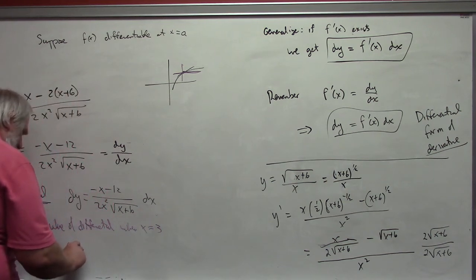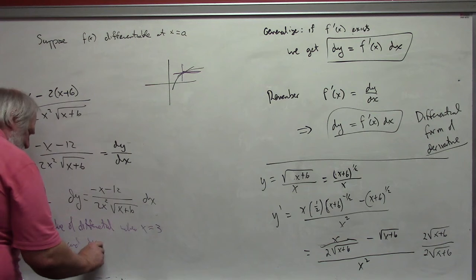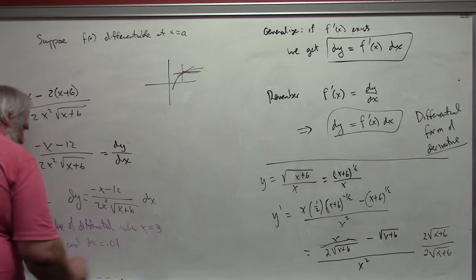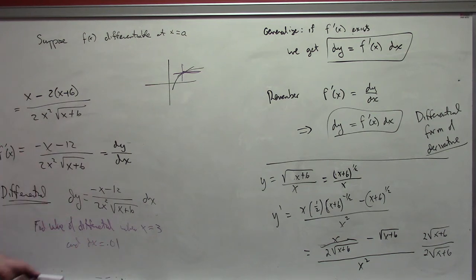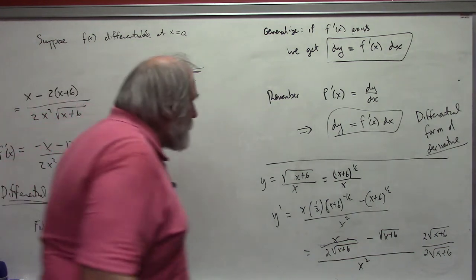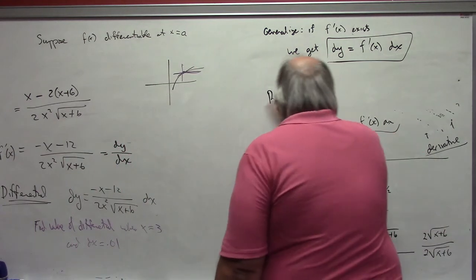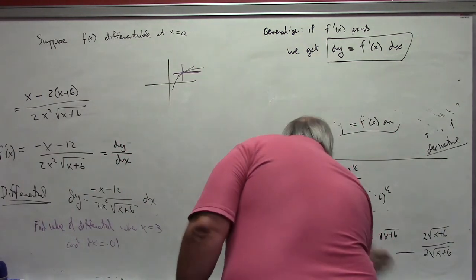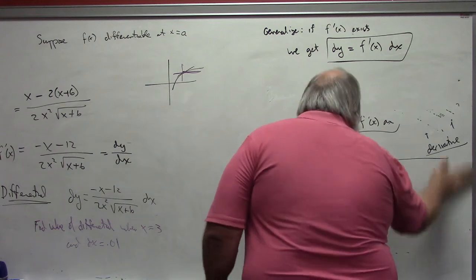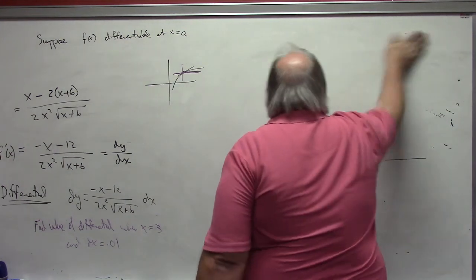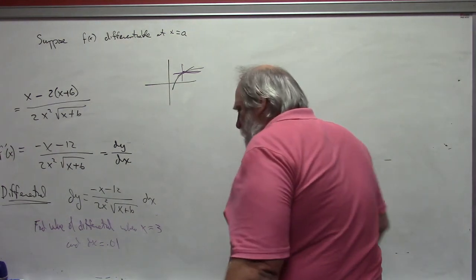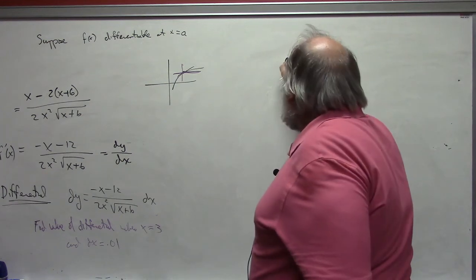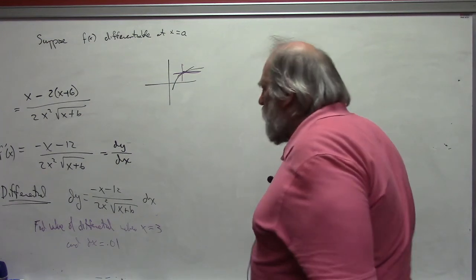And dx is equal to 0.01. Basically we just put in those values. And so in this particular case, we would then get the value of the differential at those particular values. dy would equal